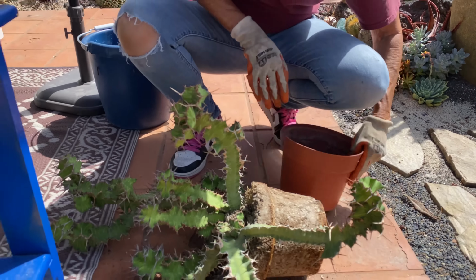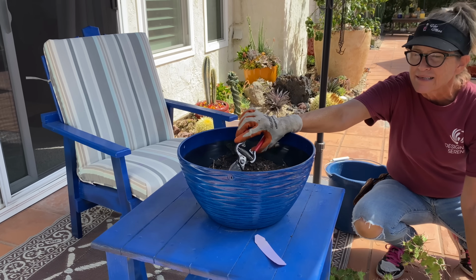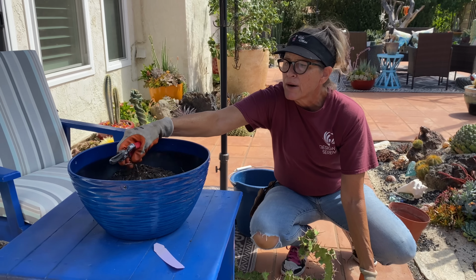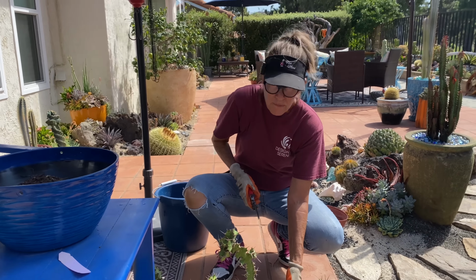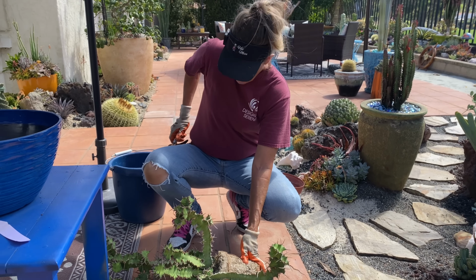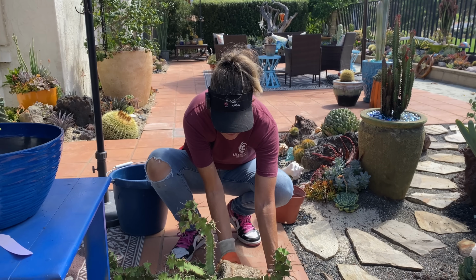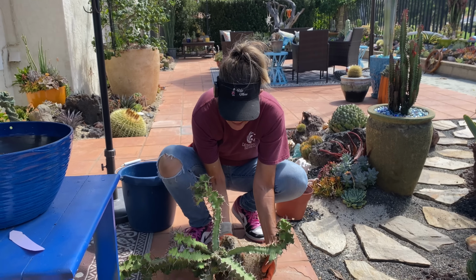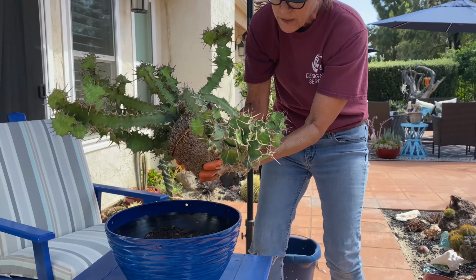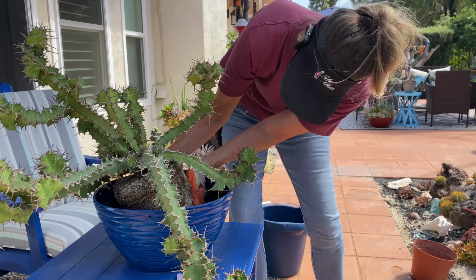I've got some generic Waterwise Botanicals succulent and cactus mix in here with some nice pumice. Looks not right. And yeah, I want to nail it because I don't want to have to put this thing in twice. It is vicious. I think it's good that it's so root bound. It'll be easier to pick up. Let's see if this is going to work, or if I'm going to have to dig it out a little,